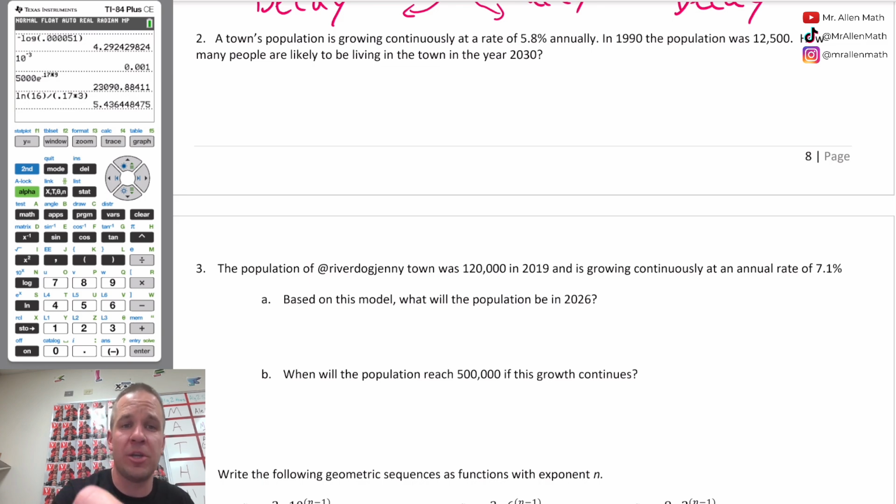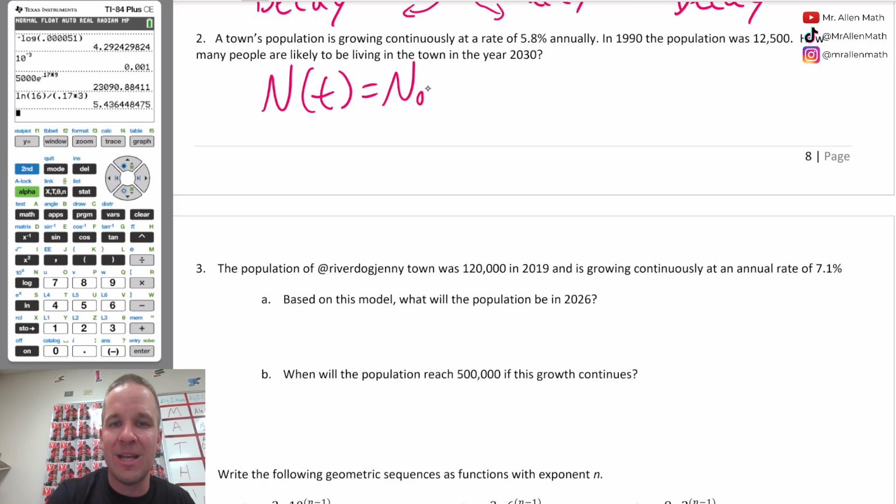All right, let's set up an equation here. So this could be your A pert or N nert. They're really the same thing. When we're talking population, you'll often see the N version of this formula, N naught e to the rt. Let's fill some things in, right? So my initial population is